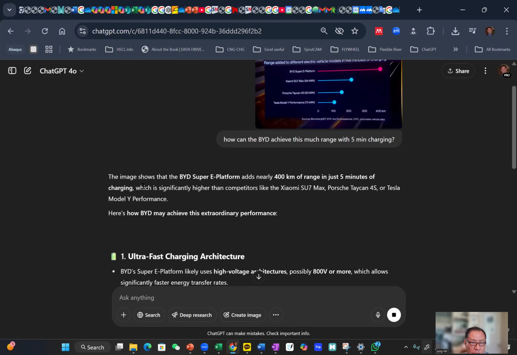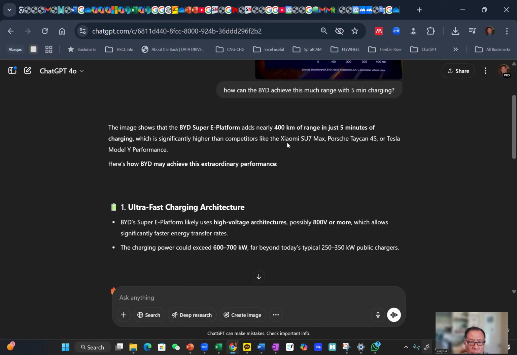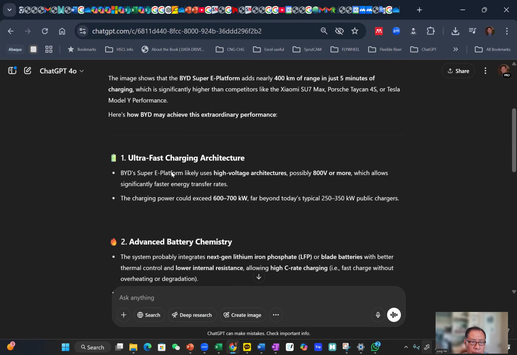This image, from ChatGPT, shows that the BYD Super E platform adds nearly 4,000 meters of range in just 5 minutes, compared to Xiaomi, Porsche and then Tesla. Here's how BYD may achieve this. They said "may", so it's kind of a guess, collecting all the information available in public. So, ultra-fast charging architecture: the BYD Super E platform likely uses a high voltage architecture. See, high voltage